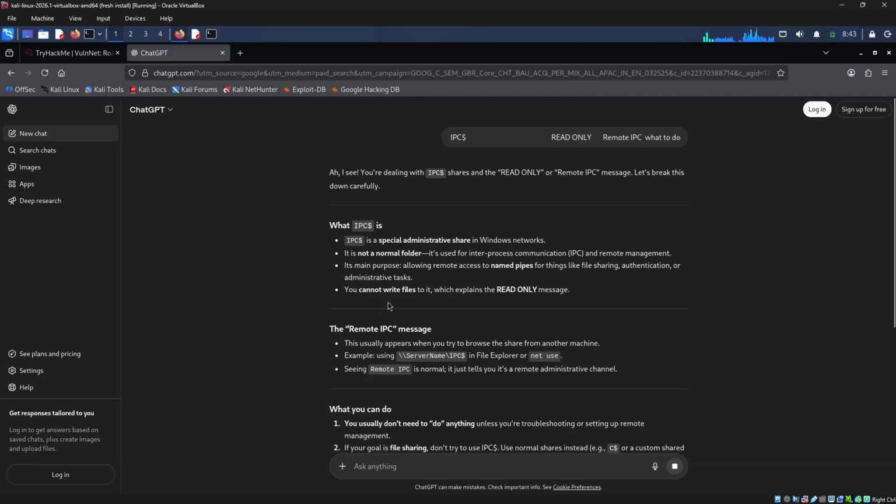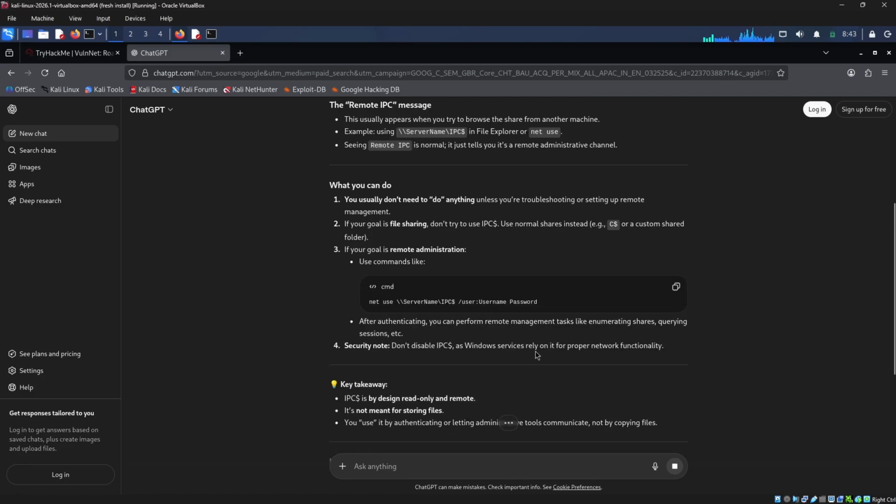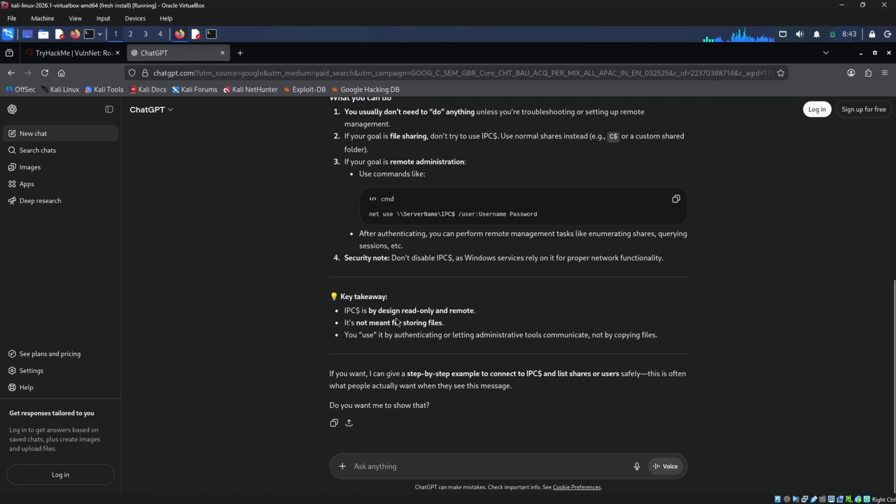You can also use AI tools to understand how it works and what the purpose is. If you give the proper prompt, you will get what you want. So what to do now to get